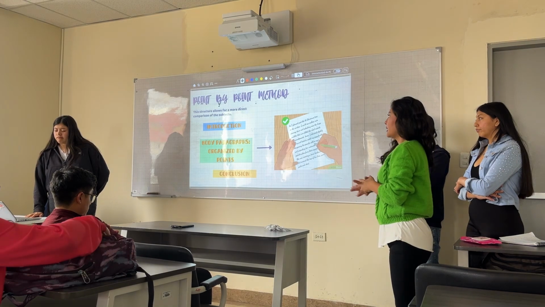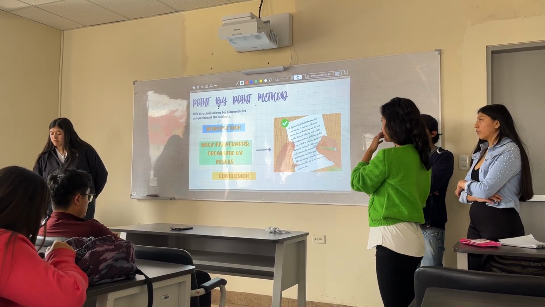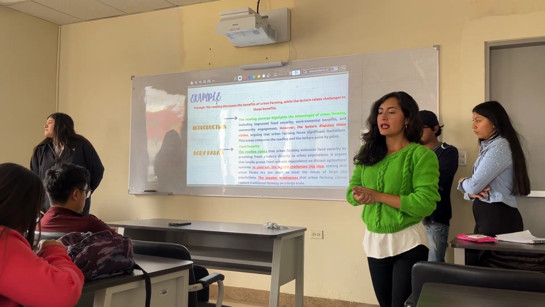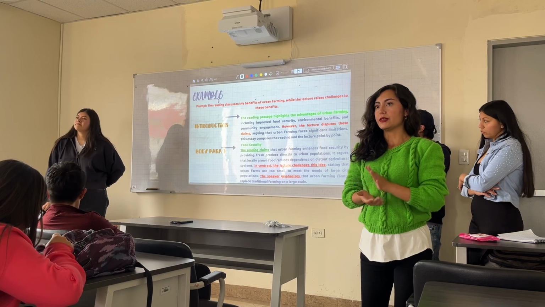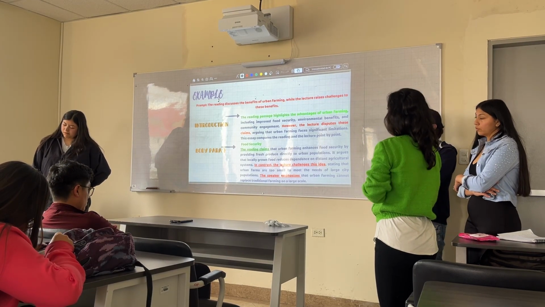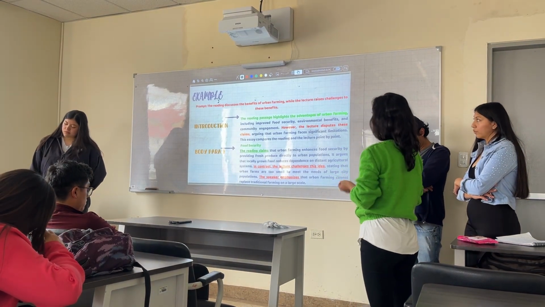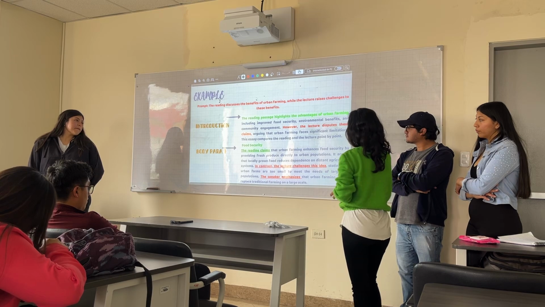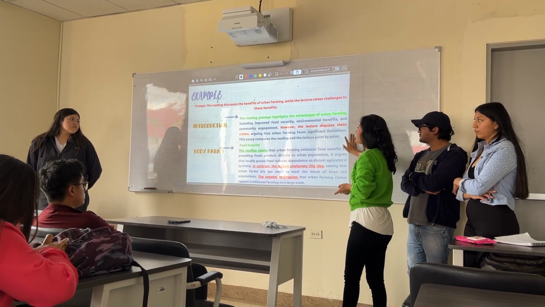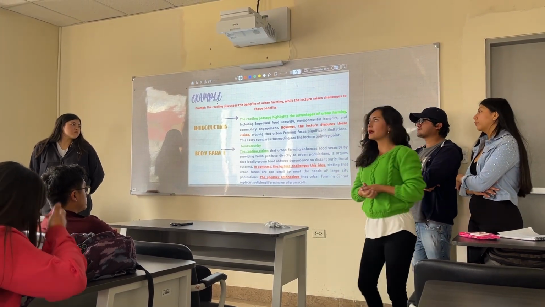In this part, there are the introduction, body paragraphs, and conclusion. Next. In the introduction, it's important to synthesize the ideas of the lecture and the reading. For example, the prompt for this example is: the reading discusses the benefits of urban farming, while the lecture raises challenges to these benefits. In the introduction: the reading passage highlights the advantages of urban farming, however, the lecture disputes these claims. In body paragraph 1,